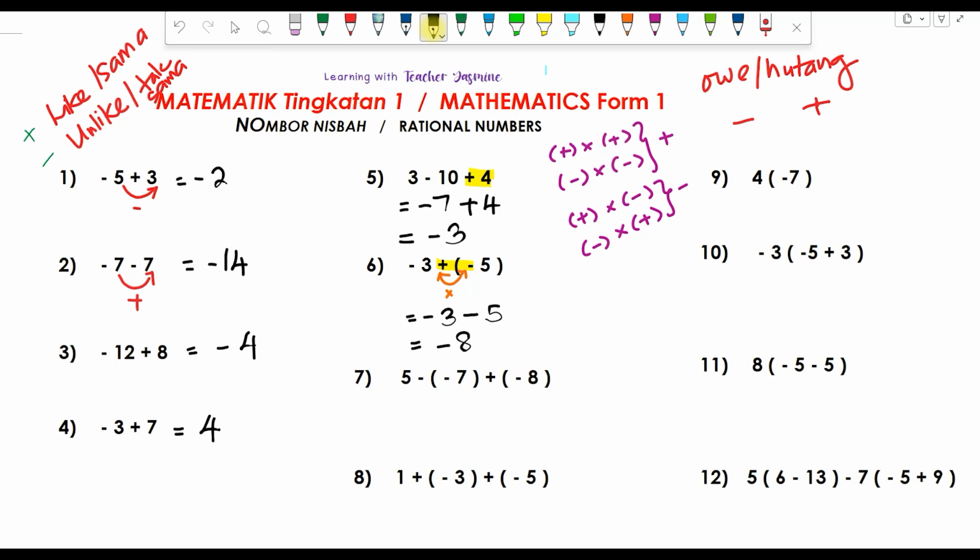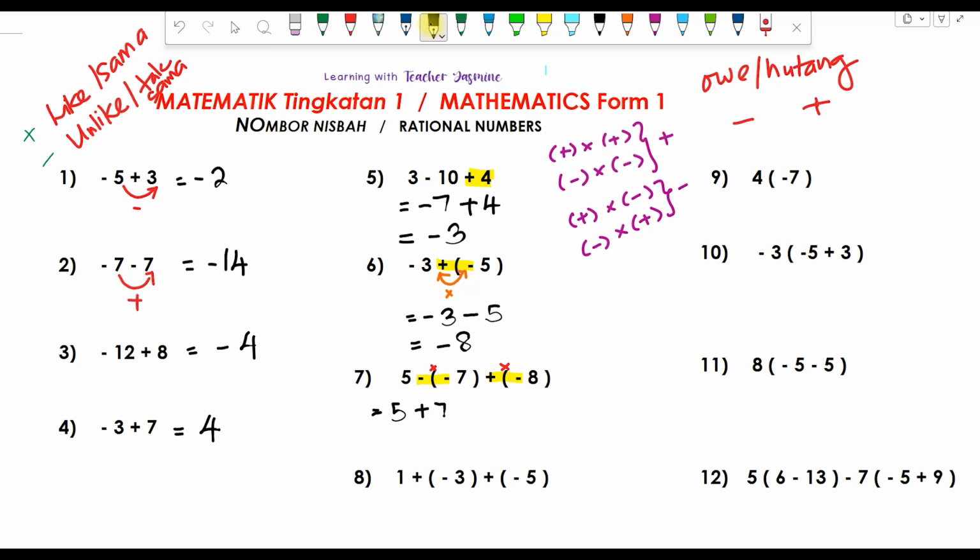Okay, let's look at this one. You see brackets, you have brackets here, you have brackets here, right? Let's look at symbol inside and outside the bracket. There is another section here, inside and outside the bracket got symbol. So what must you do? Kena darab. Bracket means must times. Okay, so now we are going to rewrite. What are we going to rewrite? The 5, the 7, the 8, or kena salin balik semula. So start with the 5, salin balik. Okay, now negative and negative dapat apa? Negative, negative, jawapan dia positive kan? So write here a positive 7.